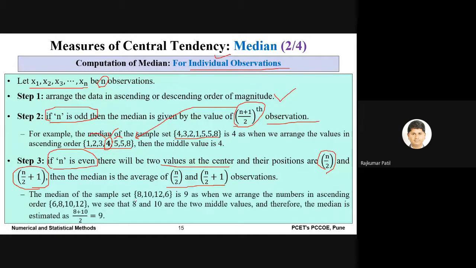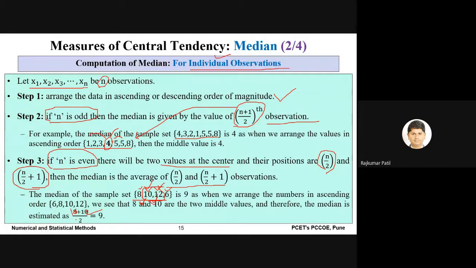For example, these are the data points. So you can see here only 4 data points. So these are the 2 values in the middle. You cannot say 10 is the median or 12 is the median. So what you will do, you will find these 2 values. I'm sorry, I guess this should be 10 and this should be 12. So these are the 2 values in the middle.